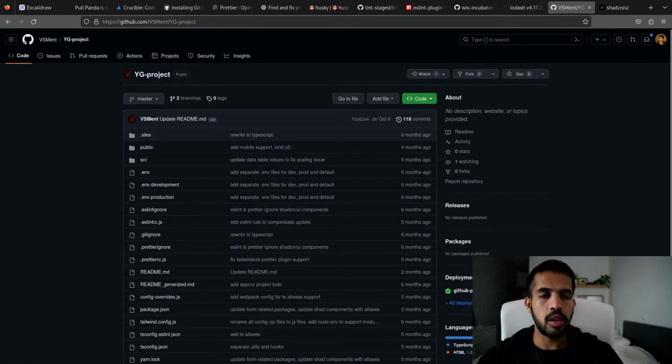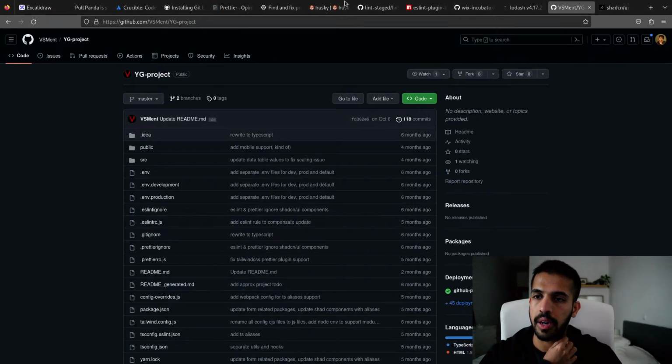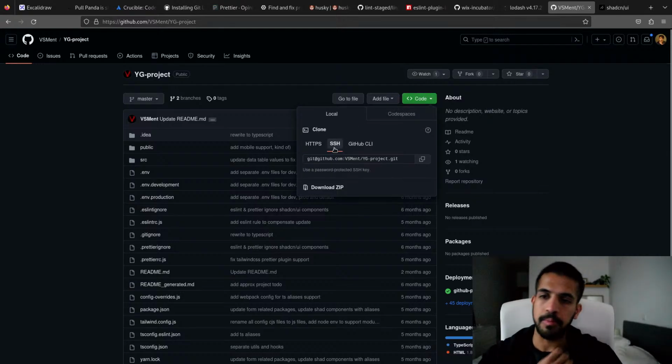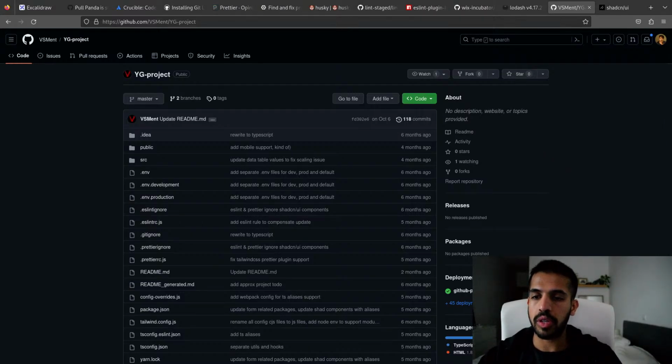So I will actually clone this and take a look at it in an editor, because GitHub is not quite good for reading code like this in the browser. It's much easier, I find, to just check it out and then poke around with it in an editor. So let me do just that.